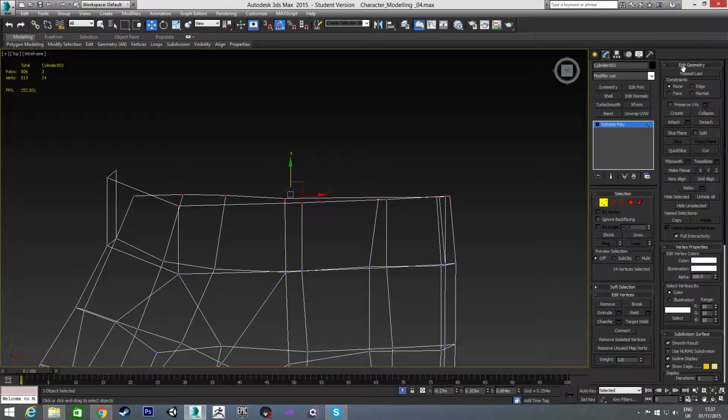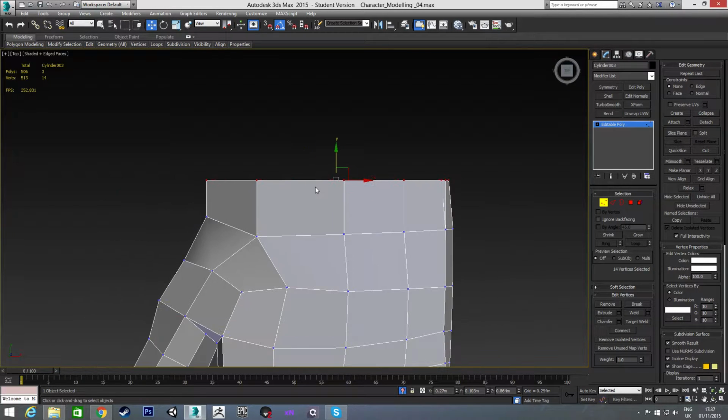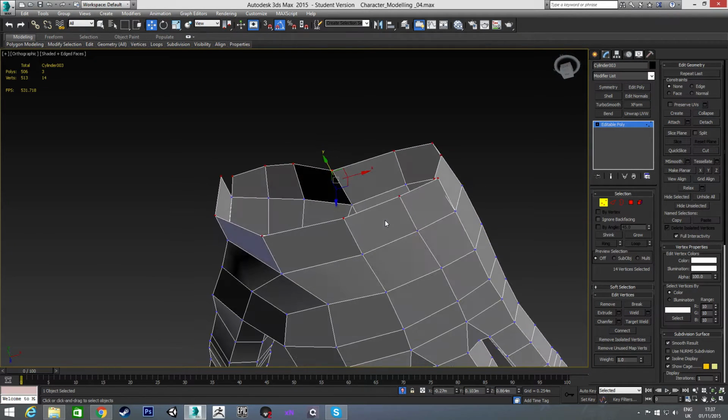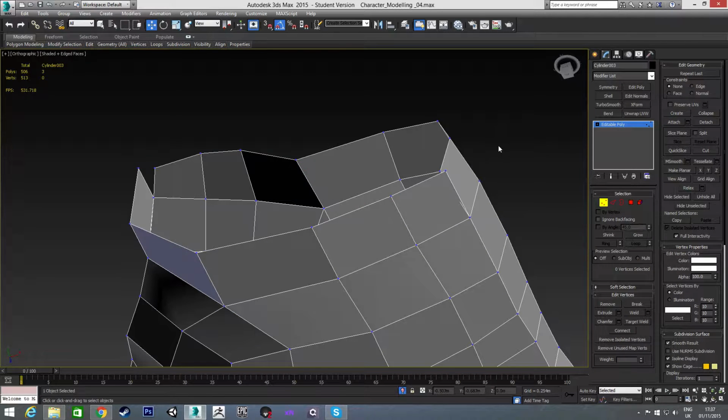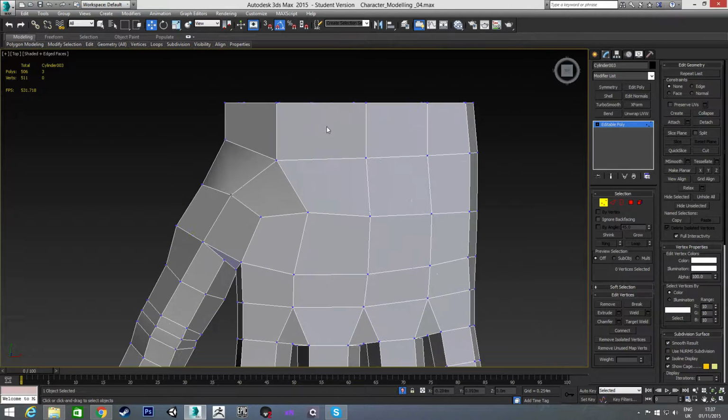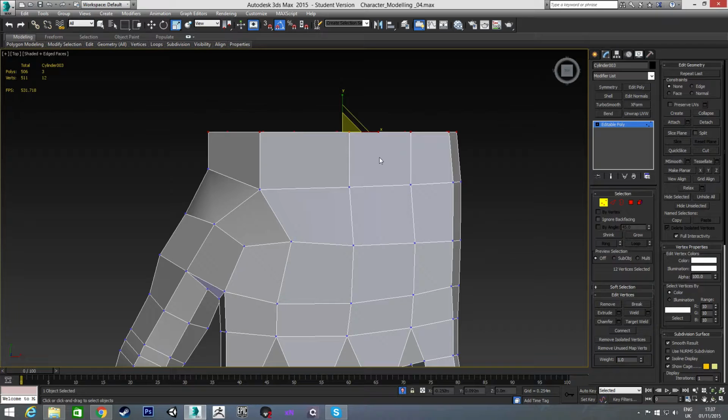So what I'm going to do now is go over to edit geometry and go down here to make planar, and I'm going to make planar on the Z axis, so it's going to line all these up like this. I'm going to exit the wireframe and before I do anything, I'm going to weld these vertices together and these vertices together. So now in our top view, what I'm going to do is select all these and go to scale and scale them uniformly,